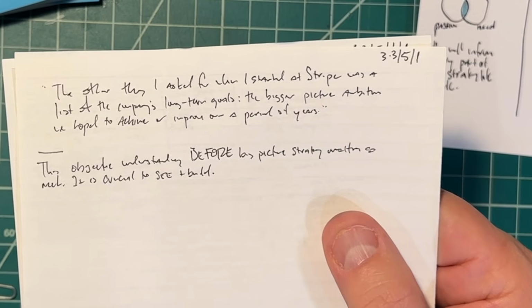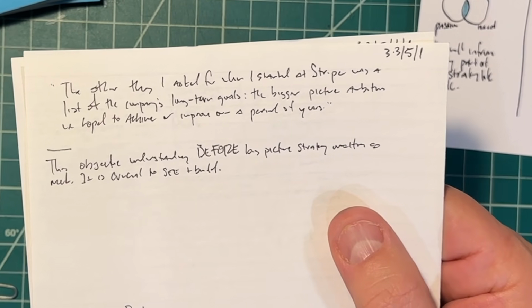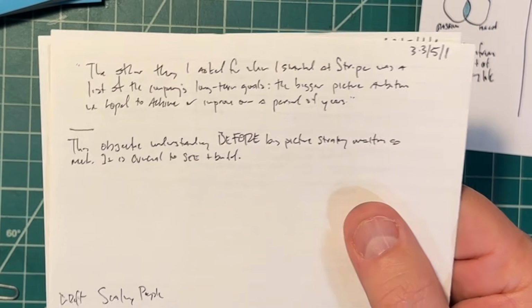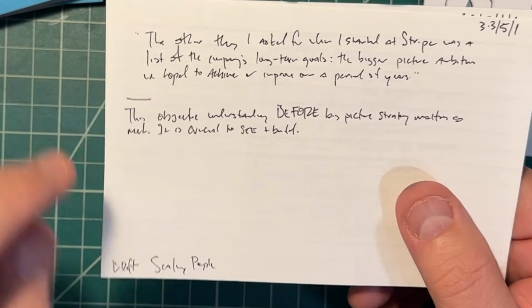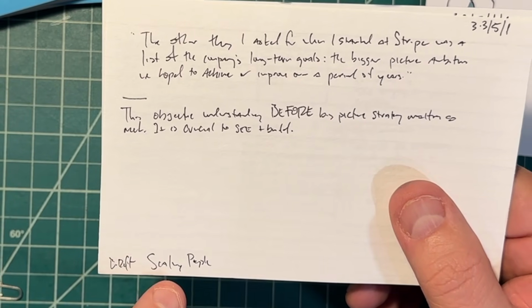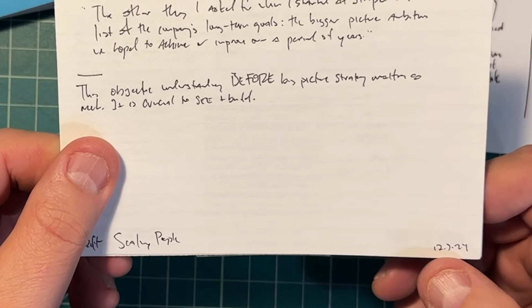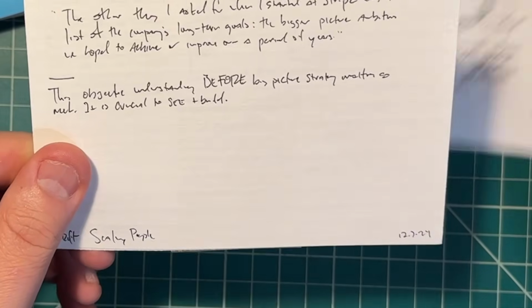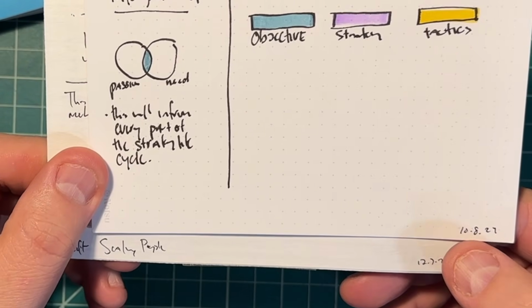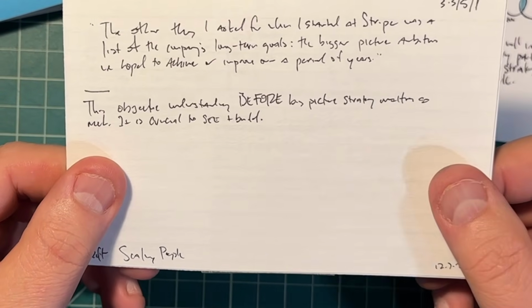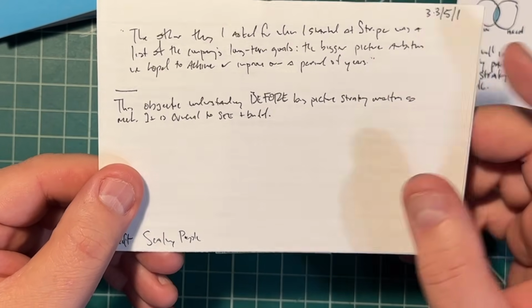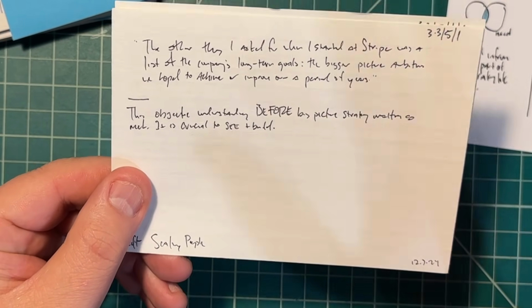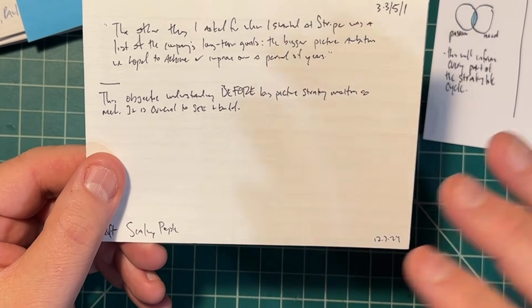So the next card in the thing is 3.3/5/1. And in my Zettelkasten, the 3.3s are strategy and planning. I've got a quote here from a book called Scaling People. It was a great book. There's a date on this card, 12/7/24. So you see right there, started off with 10/8/24, and 2 months later, found another card to go behind it. And it's 3.3/5/1.